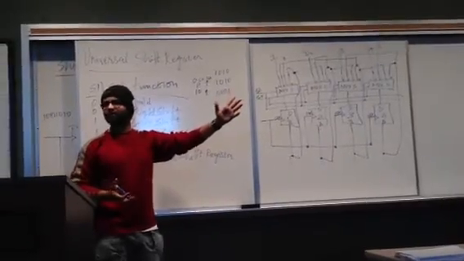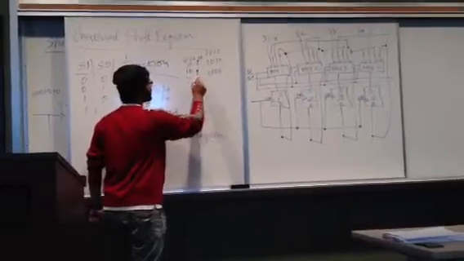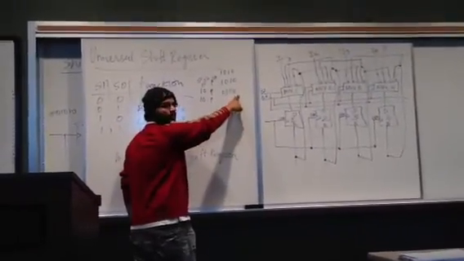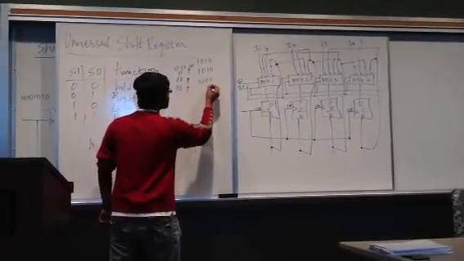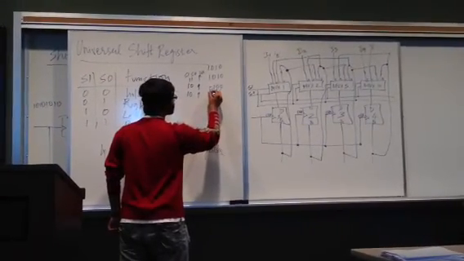Now, what if I provide another 1, 0 and a rising edge on the clock? These are the current bits at the output, and these are provided as inputs to the flip-flops. So, 0 moves over here, 0 moves over here, 1